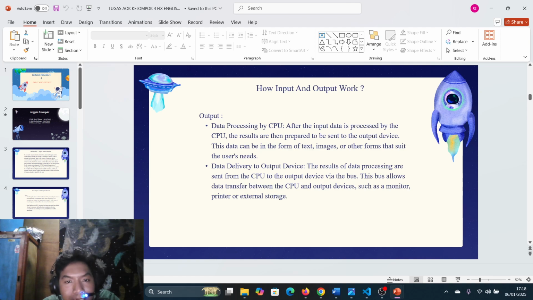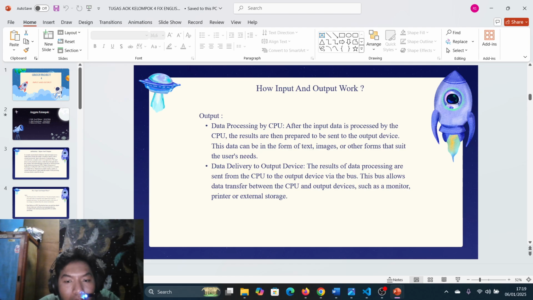Next, I will explain about how input and output work. Output is data processing by CPU. After the input data is processed by the CPU, the results are then prepared to be sent to the output device. This data can be in the form of text, image, or other form that suits the user's need.